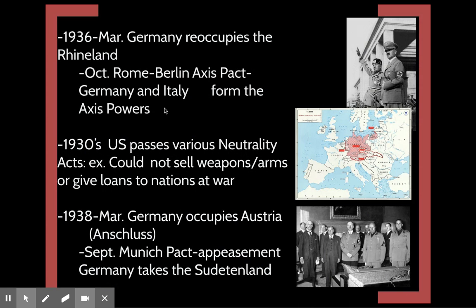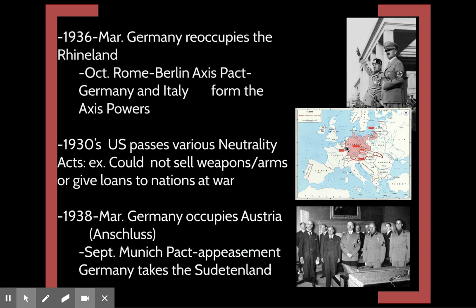All right, October, Rome, Berlin. So that's Italy and Germany sign what's called the Axis Pact. Basically, Italy and Germany form an alliance. And so this right here is Mussolini, and this right here is Adolf Hitler, with an agreement that they are going to have each other's back. Both of them are expanding in different areas. So remember, Italy expanded into Ethiopia. And now Germany is expanding into the Rhineland, which we saw was this little area right here. Okay,